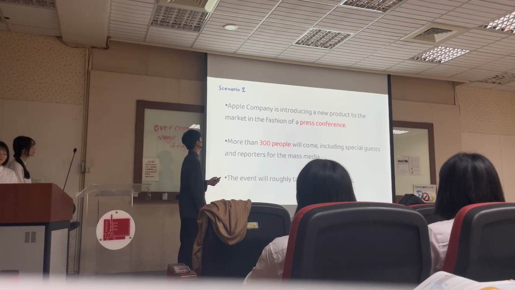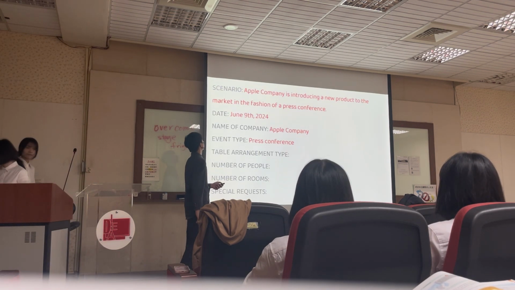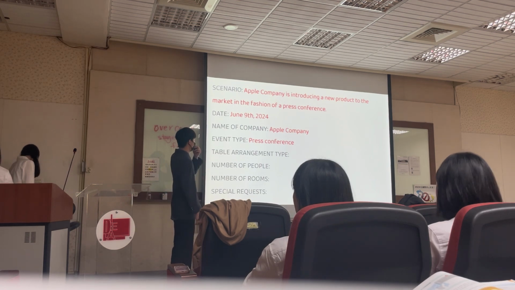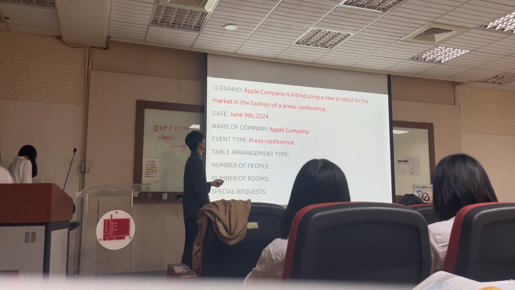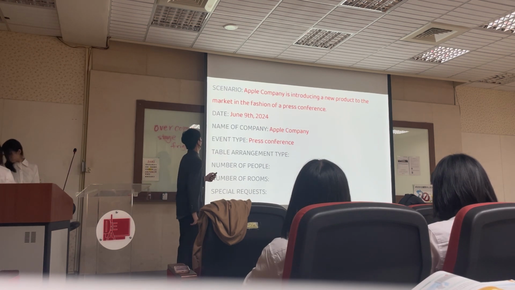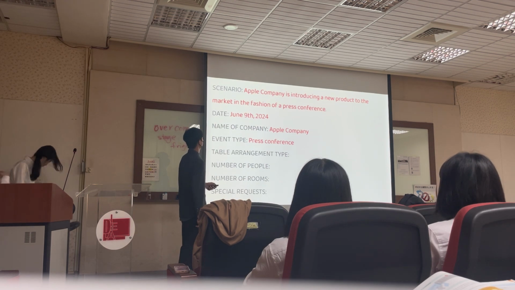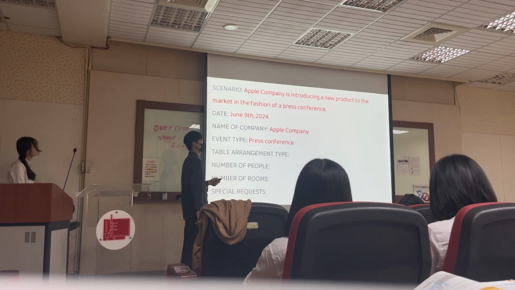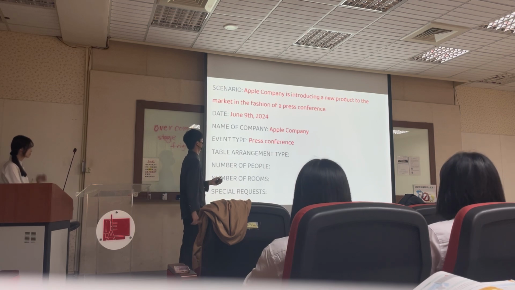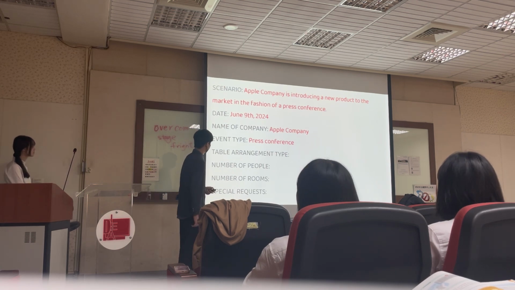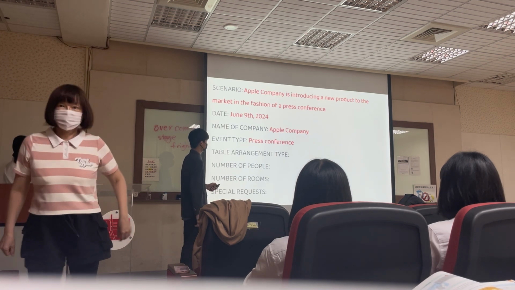Now, let's fill in the blanks. The scenario is, of course, Apple company introducing a new product, and the date is June 9th, 2024. The name of the company will be Apple company, and the event type will be, as told, press conference. And the table arrangement type,